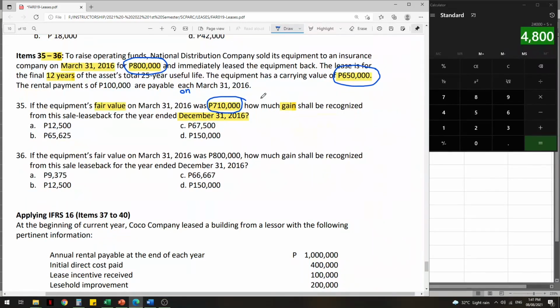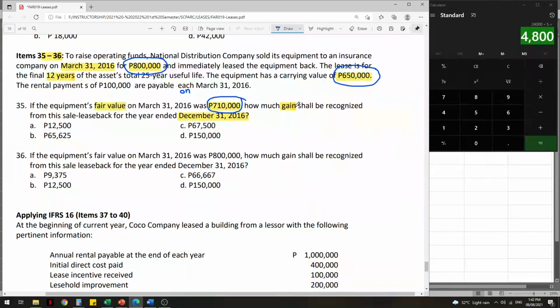Actually guys, when I look at the problem in the big picture, this should have been a finance lease. Just to be honest with you. But what is a hint that we can see that this is not a finance lease? The first hint is what is being asked in the problem. Well, sir, gain is being asked, and there is gain on rights transferred in a finance lease. Yes, I agree with you.